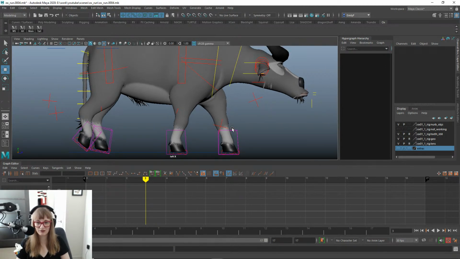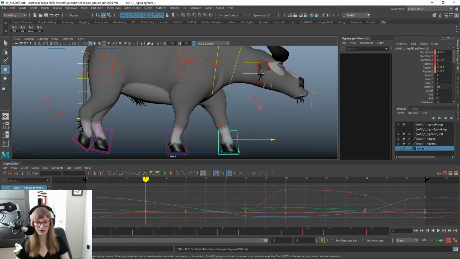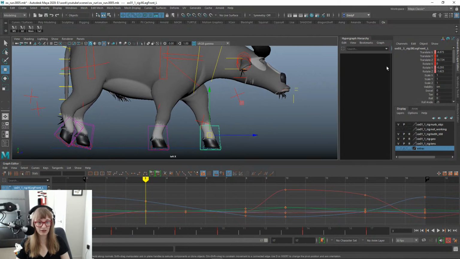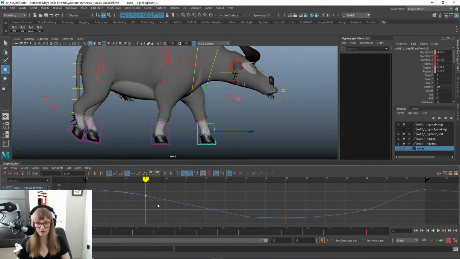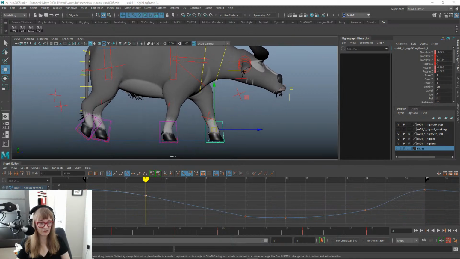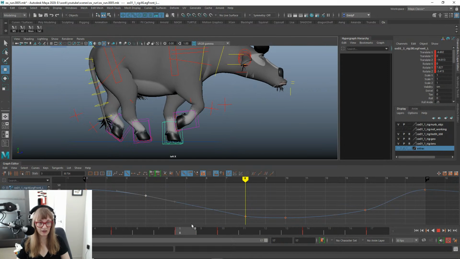Alright. Let's try this again. Gonna save my file now that we had that scare. Okay, so this guy is hitting... they don't have to be the same exact values when they touch. They just need to be moving at a constant speed when they're on the ground. So this one, he starts at 30.724 and ends at